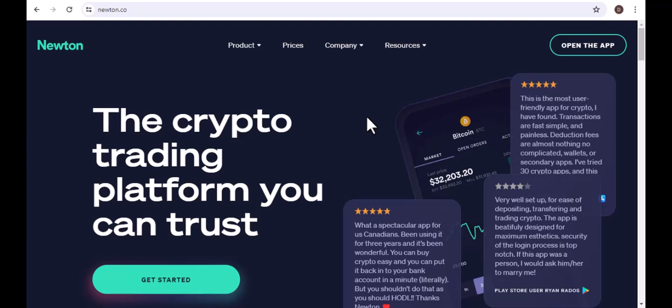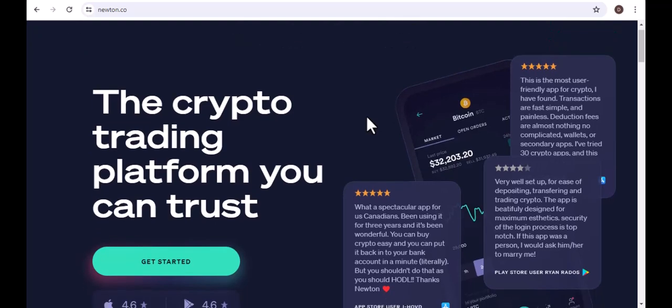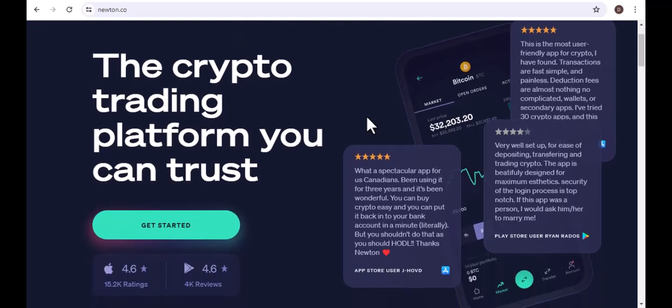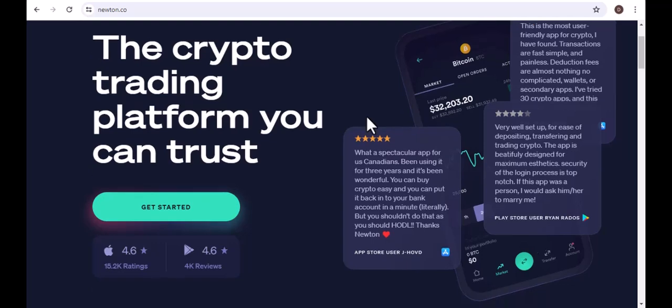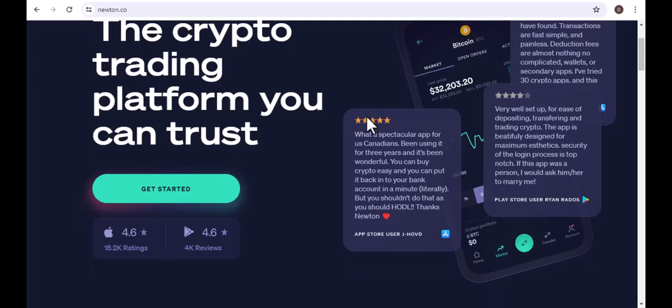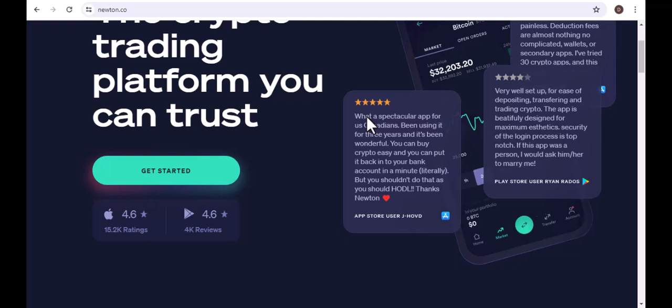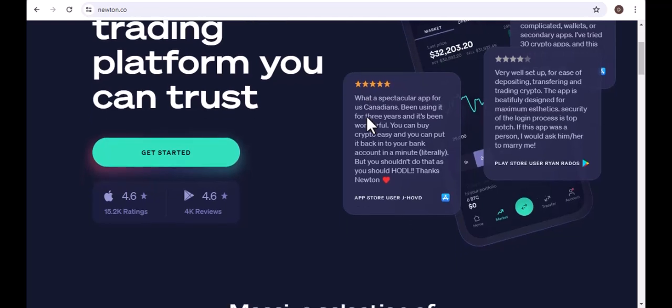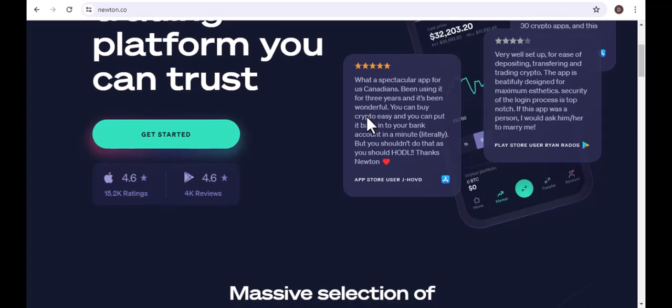Hey crypto explorers, ever found yourself staring at your screen, ready to dive into the exciting world of digital assets with Newton, but then that little question pops into your head: okay, how much can I actually put in here? You're not alone. It's a super important question that every new and even seasoned crypto enthusiast needs to know. Because let's be real, understanding the boundaries of your deposits is key to planning your investment journey and avoiding any